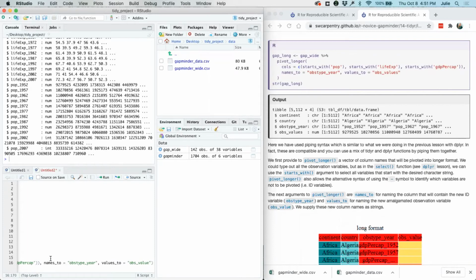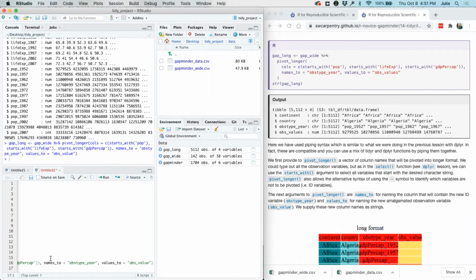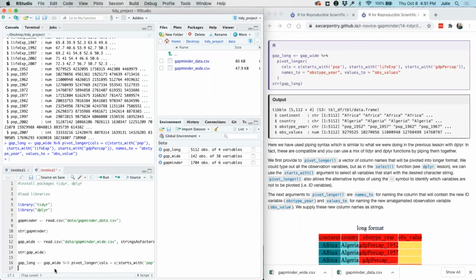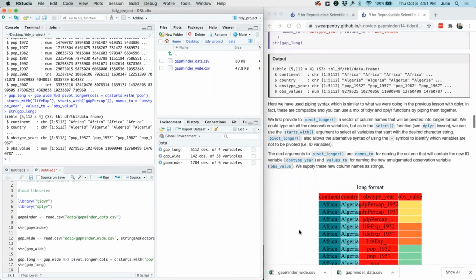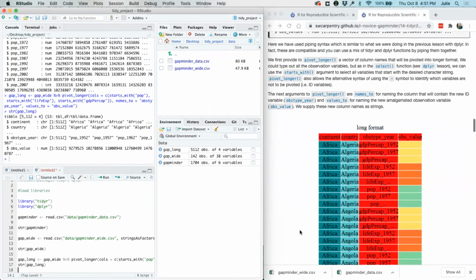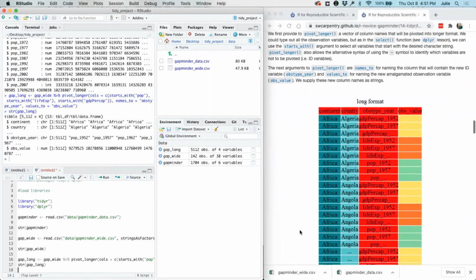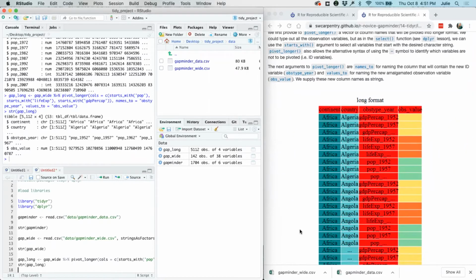And if we run that line of code, we can then use our str to double check that we've created the right thing. So we look at our gap long frame. And we see that we have a longer format.